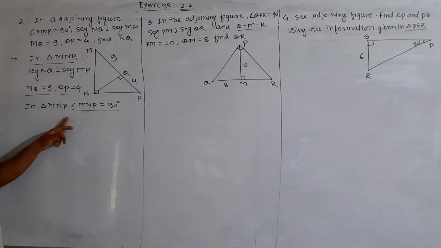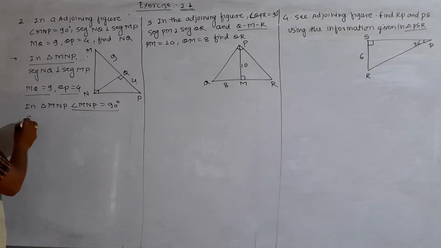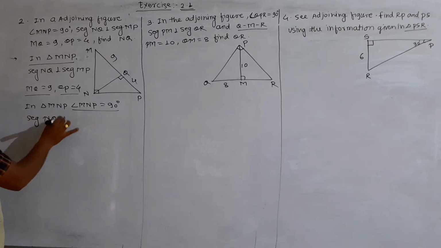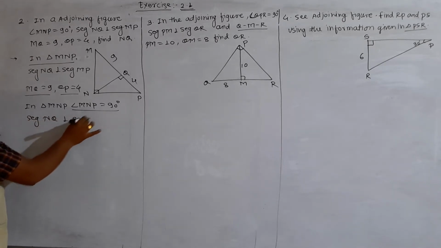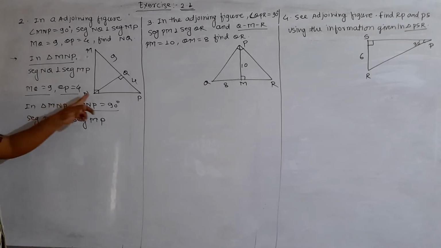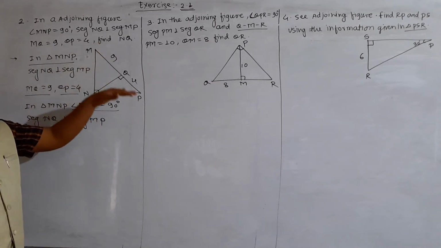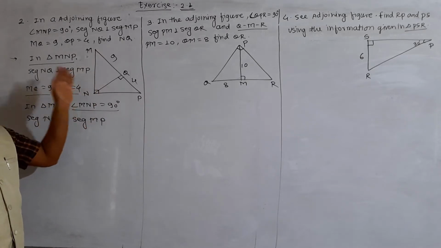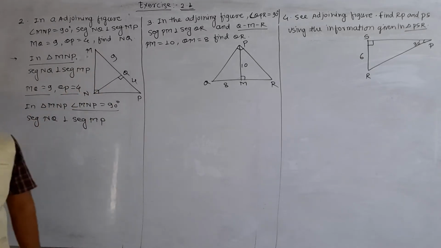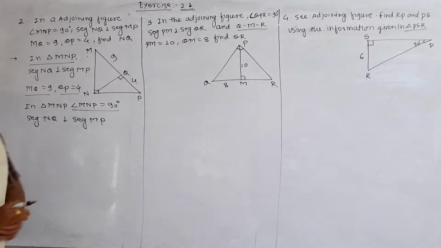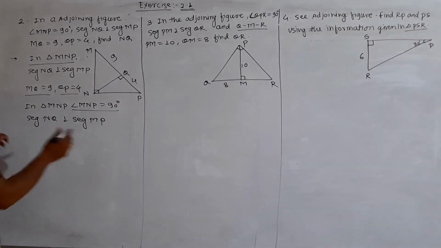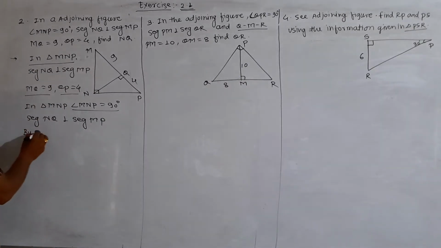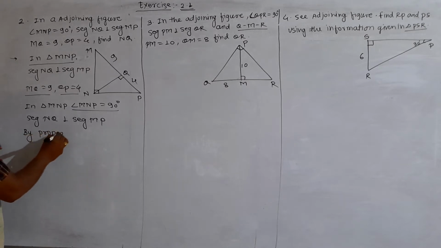It means it is a right angle triangle, and segment NQ is perpendicular to segment MP. This perpendicular is drawn on the hypotenuse. When in a right angle triangle we draw a perpendicular on the hypotenuse, then by the property of geometric mean,